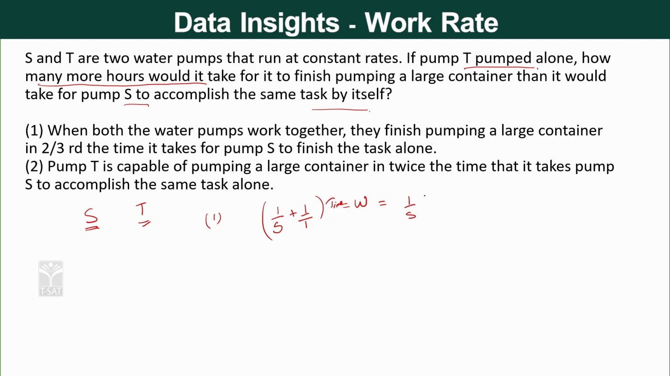It is 2/3 and 1 by S into the time that this will take will be 3 by 2 times, because the time that they together take is lesser as compared to the time working alone. So, 3 by 2 into time. When you cancel this out, you have 1 by T is equal to 3 by 2 into 1 by S minus 1 by S, which is equal to 1 by 2S. Therefore, T is equal to 2S, but we do not know S or T